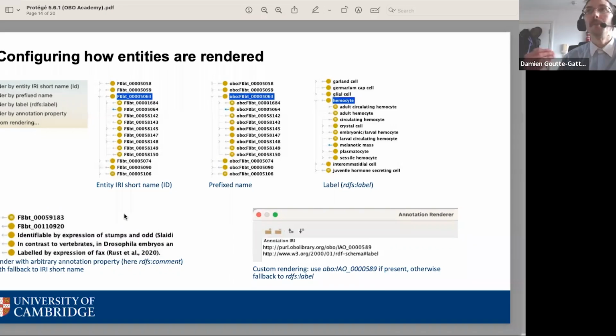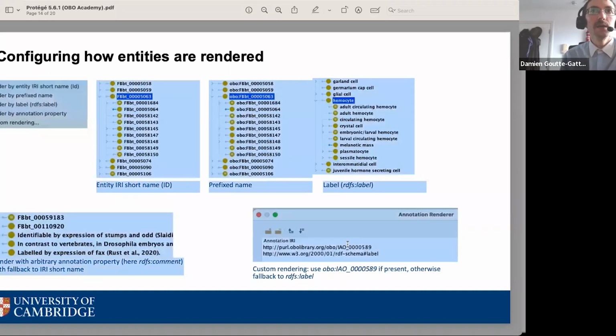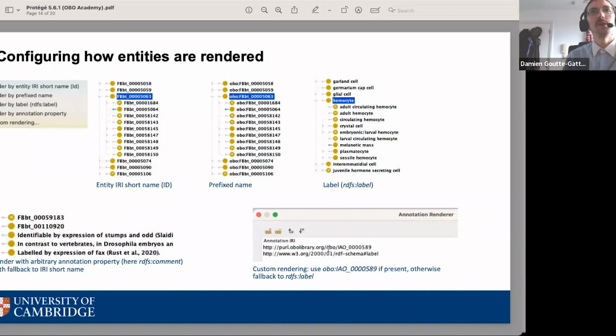And lastly, for even more, you can do things a little bit more complicated, but a little bit more customized. If you use custom rendering, you can actually select which annotations, in plural, you might want to use and in which priority you want to use them. So for example, here in this example, I've configured Protege to use first and foremost the value of the IAO 589 annotation property, so that's the OBO Foundry unique label, and secondarily to use the